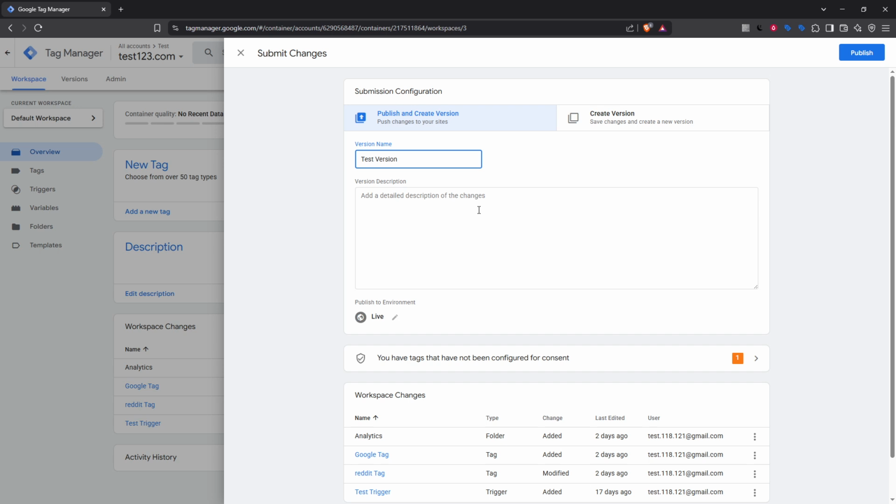In addition to naming the version, you're given the option to add a description. While it's not mandatory, providing a detailed description is a best practice. It can be as simple or detailed as you prefer, like including "added Google Ads conversion tracking and updated Google Analytics tags." These notes are invaluable for reference, particularly if issues arise or if you need to revisit this update